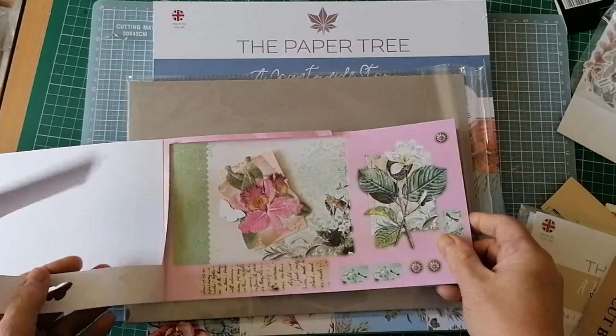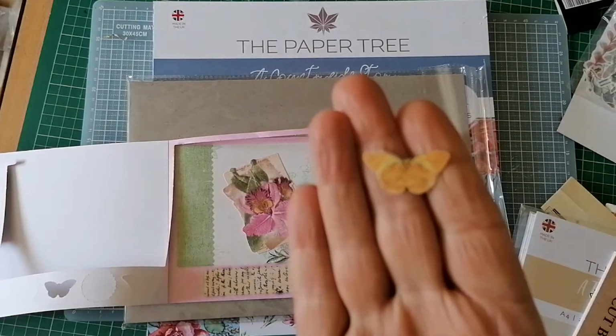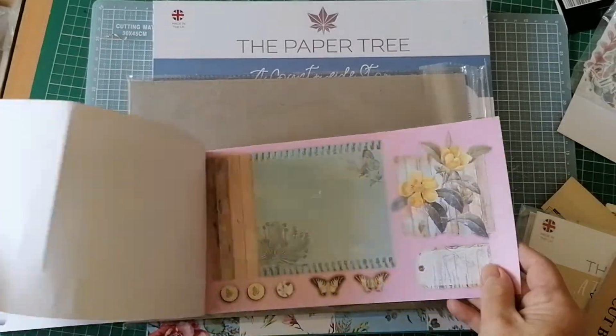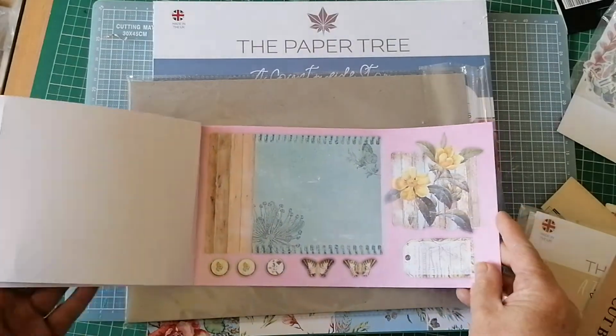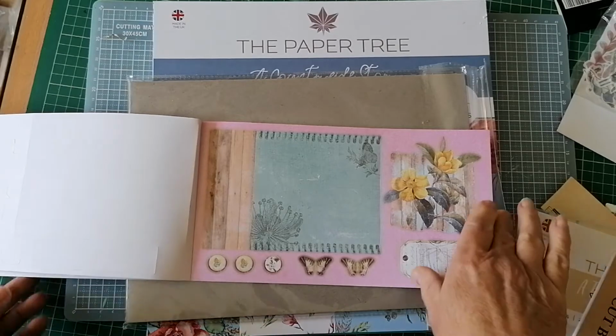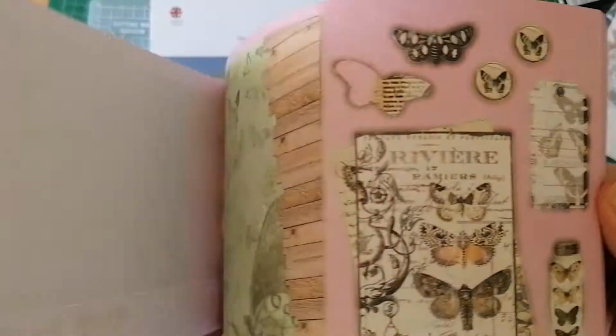Yeah, everything pushes out lovely. Oh, there's the butterfly. That's what I was looking for. And you don't get the white lines around. So this is a really nice one. Again, bear with me. Oh, just pick that up before it goes everywhere. Yeah, so again, very usable for us